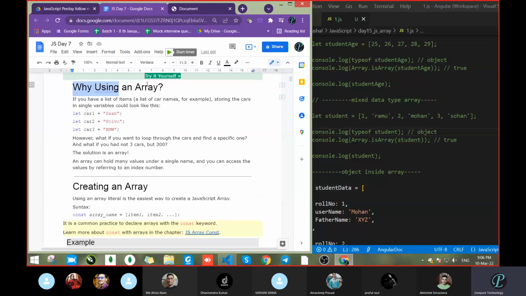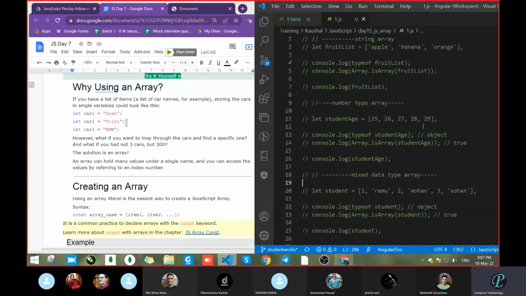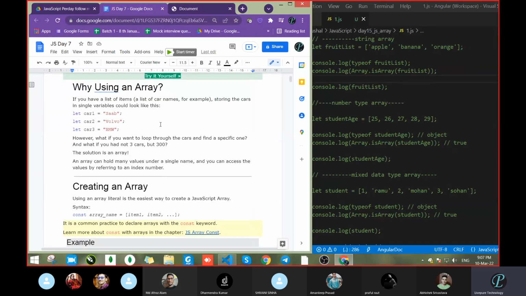With the help of an array, we had seen it can hold multiple data at one time, which means it makes a collection of multiple data. That is the benefit. Otherwise, we had seen that if we have to write fruit values, we will write fruit1 equal to apple, fruit2 equal to something, then fruit3. That's why we make an array and can collect multiple data at one time itself.